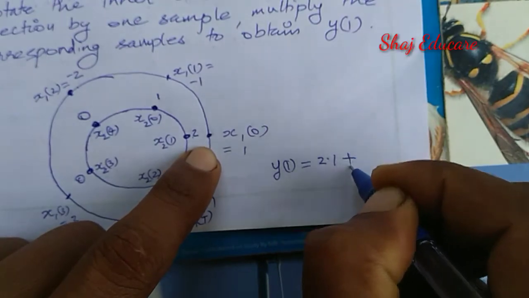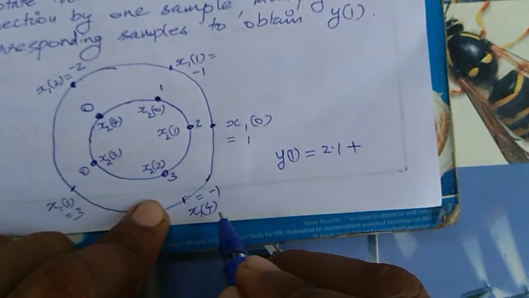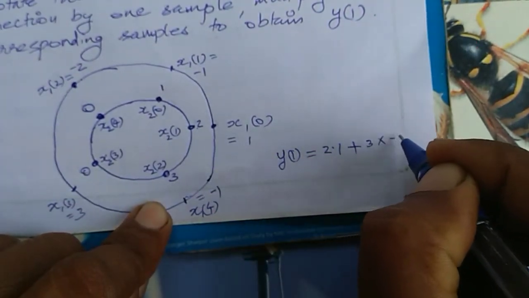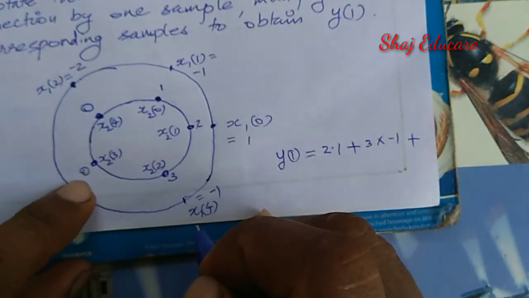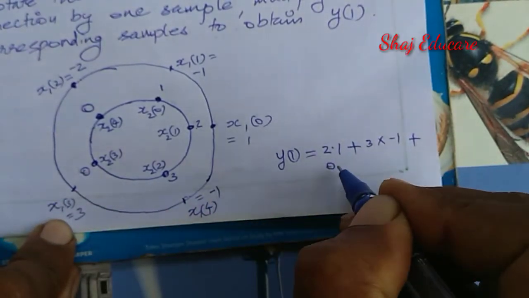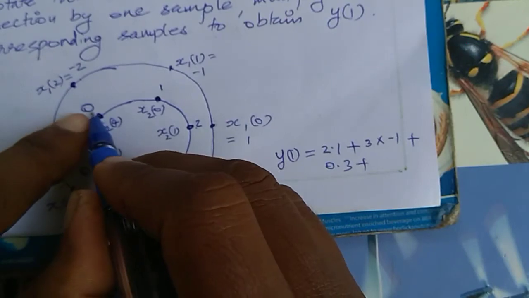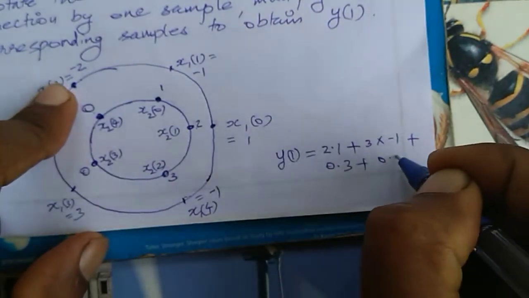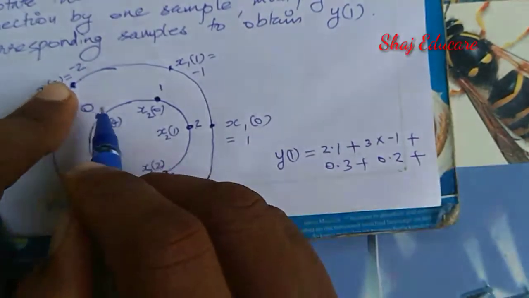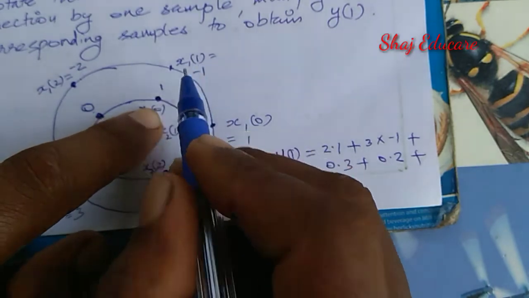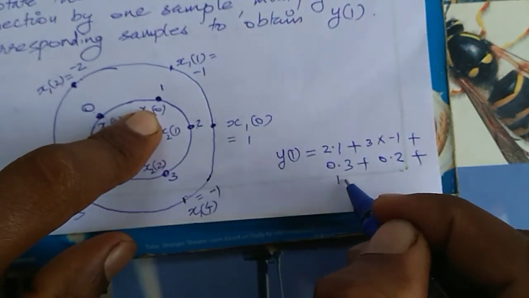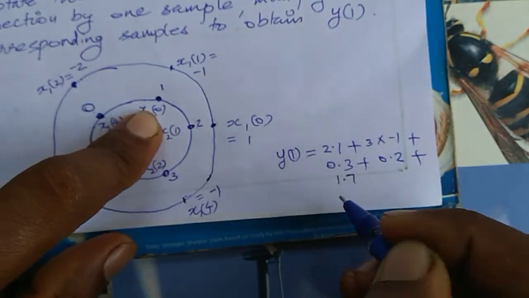plus this 3 into minus 1, plus this is 0 into 3, plus 0 into minus 2, plus this is 1 into minus 1. Okay,